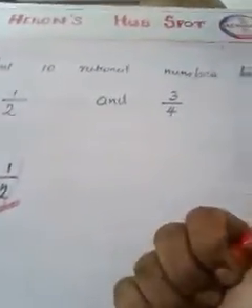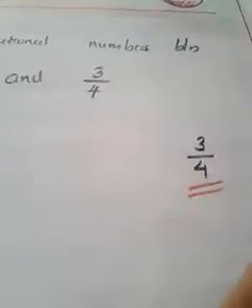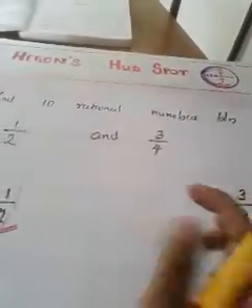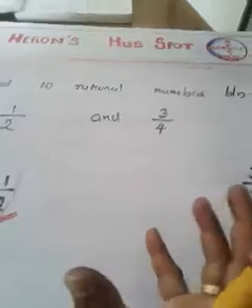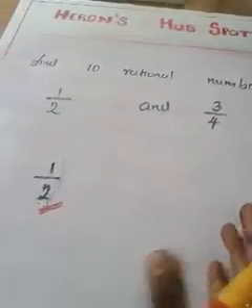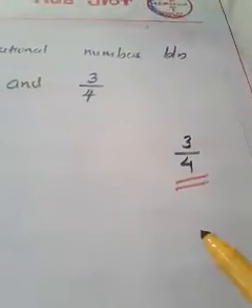So in that way, how many common multiples are there? 4 is a common multiple of 2 and 4. Then 8 is a common multiple of 2 and 4. Then 12 is a common multiple of 2 and 4. In that way, it will proceed. Find out a big common multiple of 2 and 4. You have to find out a big number such that that big number should be a multiple of 2 and multiple of 4. Can you predict that?